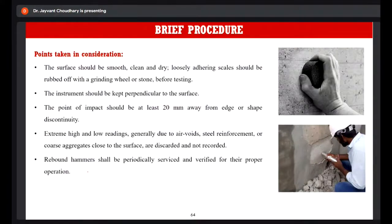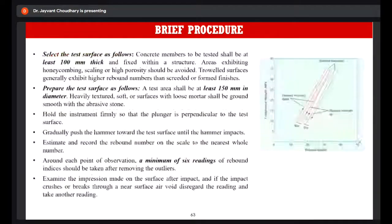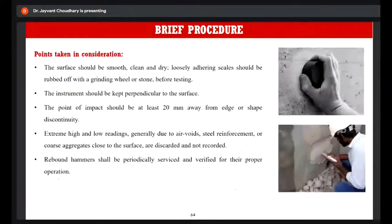There is a particular relationship based on the property of the surface, whether the surface is dry or wet. A relationship exists between the compressive strength and the rebound number. So based on the rebound number, you can directly predict the compressive strength of the particular concrete without performing any destructive testing. Points to take into consideration: the surface should be smooth, so you have to grind the surface with